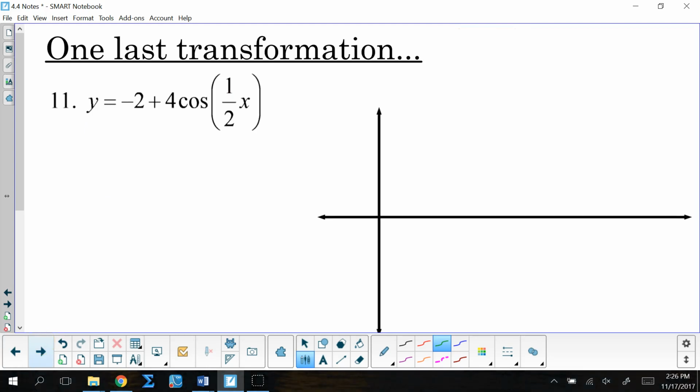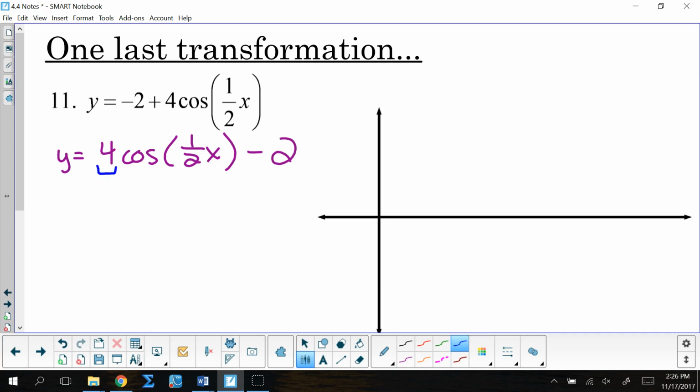Okay. Moving on to our last transformation. Now, here, it's written a little differently. If you wanted to rewrite this as y equals 4 cosine of 1/2 x minus 2, that would be the same thing. Order doesn't matter in addition, so we can rewrite it like that and not change anything in terms of our graph. Okay? So then,